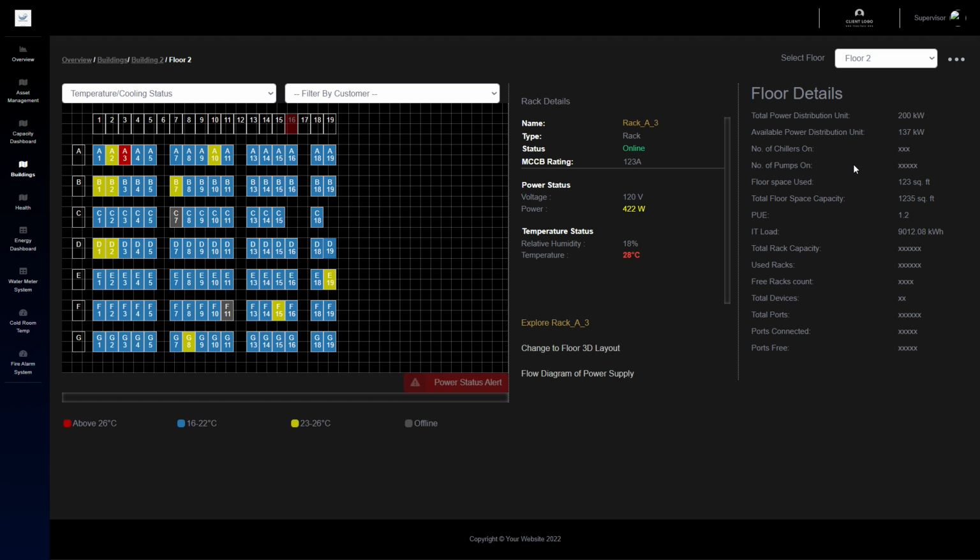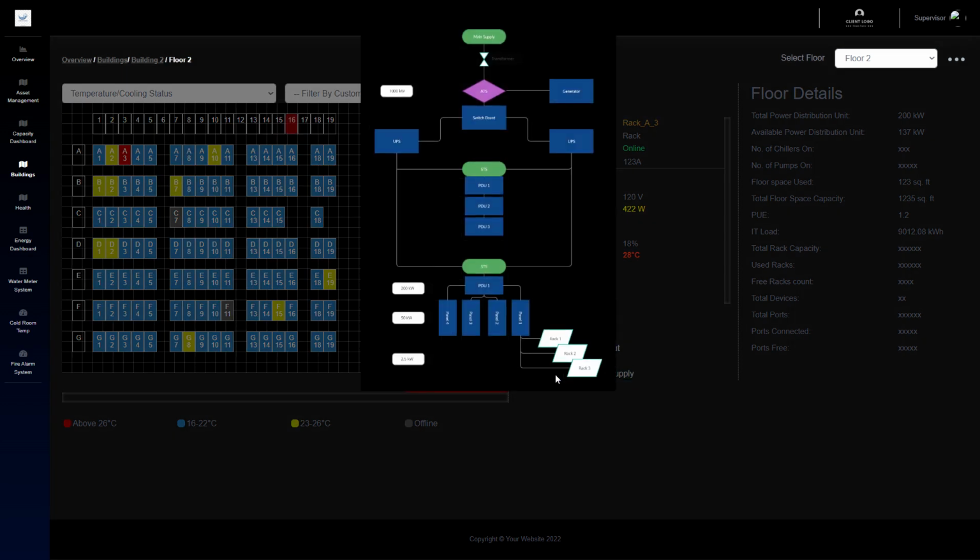To the right, we have a customizable area which can show floor details in real time that the end customer might be interested to see. The next step in understanding this anomaly is to find the root cause, for which the person operating needs to know the source of power that is being fed to rack G16. For this, we have already integrated the single line diagram data of the particular rack,